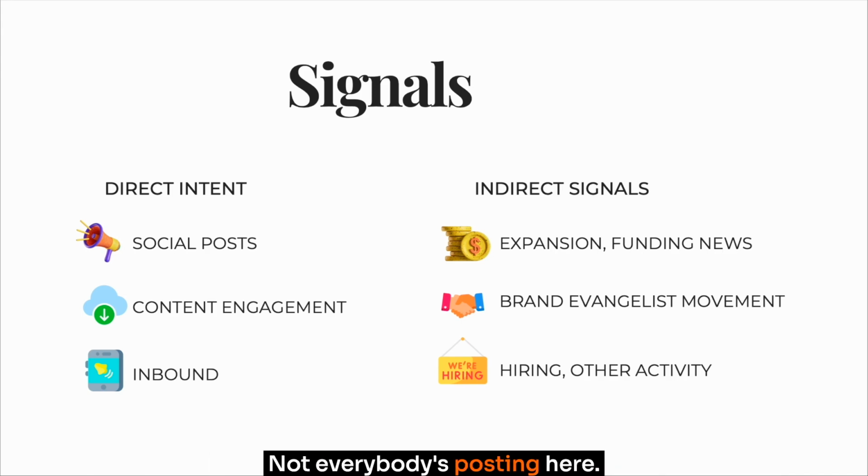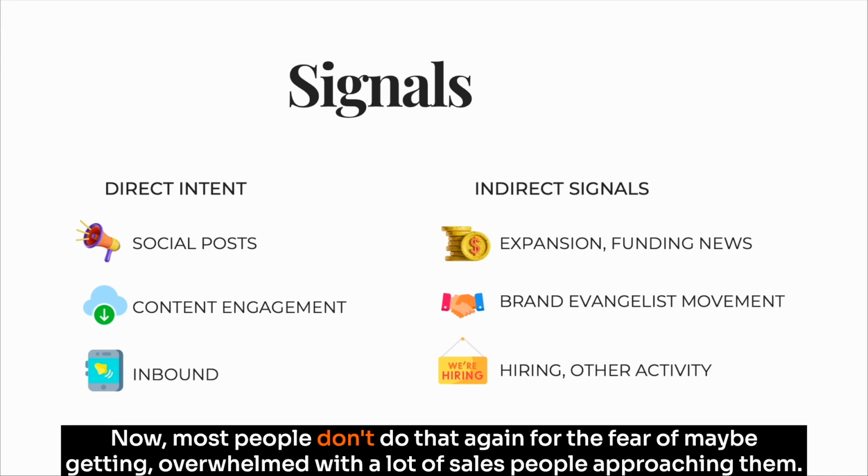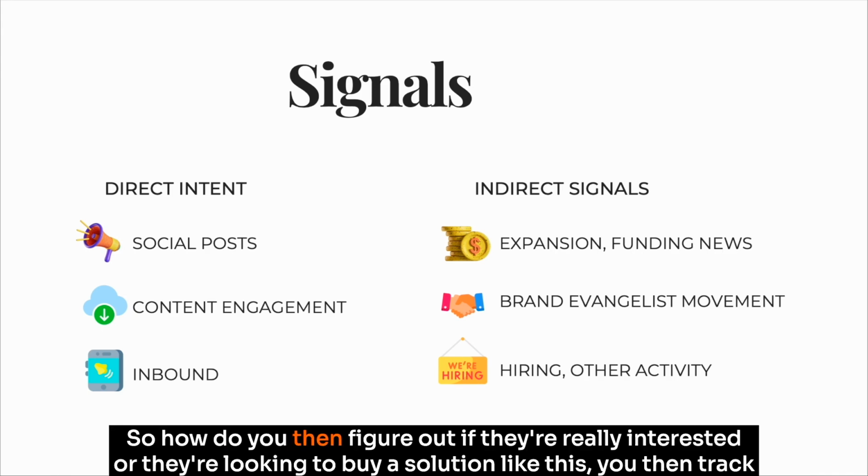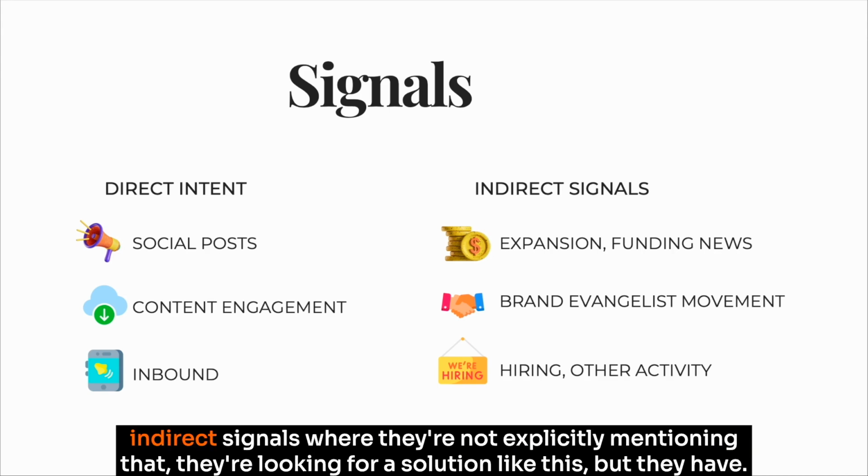Not everybody's posting here, I need this solution. All salespeople approach me now. Most people don't do that, again for the fear of maybe getting overwhelmed with a lot of salespeople approaching them. So how do you then figure out if they're really interested or they're looking to buy a solution like this? You then track indirect signals where they're not explicitly mentioning that they're looking for a solution like this, but they have